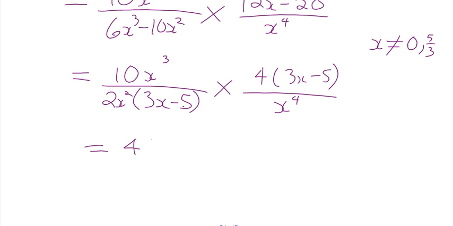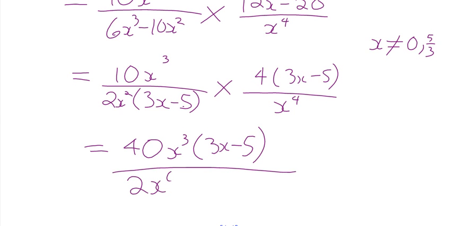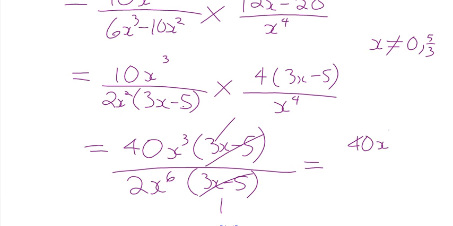Okay, let's combine. I got 40x cubed, 3x minus 5. I've got 2x to the 6th, 3x minus 5. Okay, so I combine my monomials, right? I will never combine the binomials in the sense if there are two, I'll never FOIL them out, right? I always want a factored form of them. Okay, what do we do first? Cancel 3x minus 5, right? These are the same. So that leaves me with